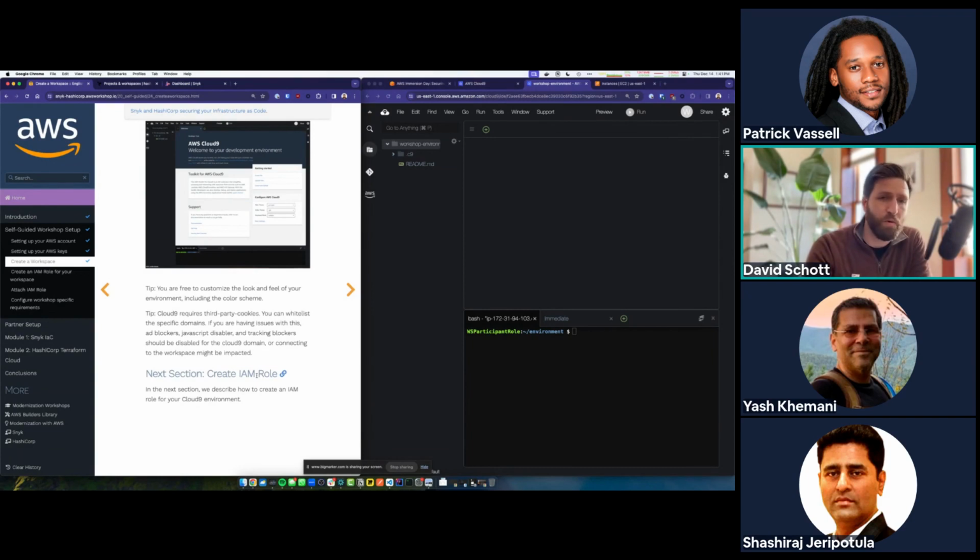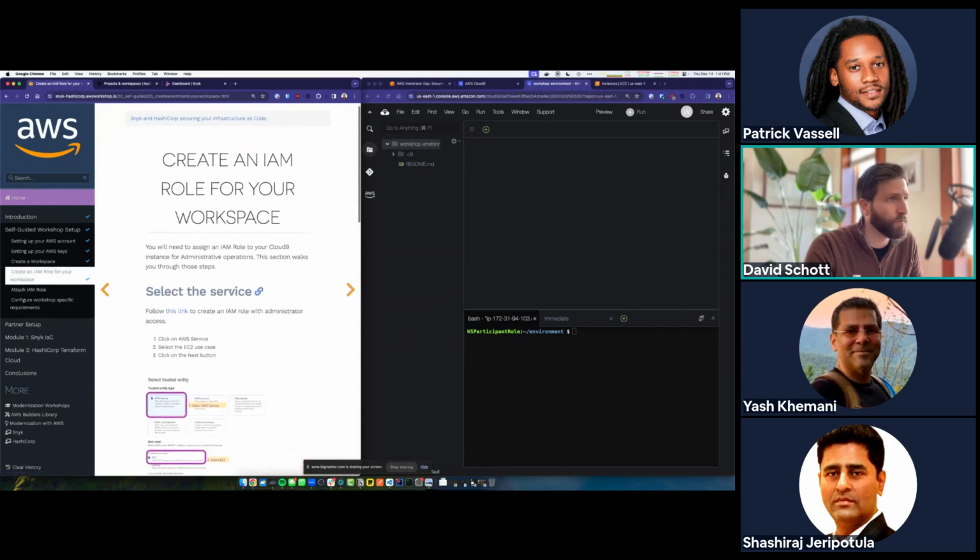We're going to create a role with administrator access and then make sure that this Cloud9 instance is using that administrator role. And then that means that any command we type, like terraform apply, is going to be running as an administrator and able to deploy infrastructure in AWS. Right now, this Cloud9 is not able to do much, but if we give it a more permissive role, it's going to be able to deploy infrastructure like we want to.